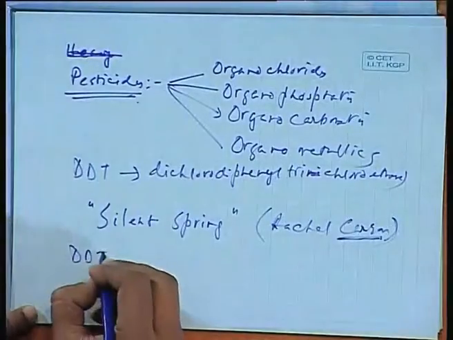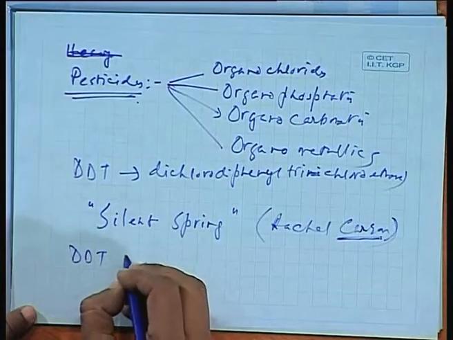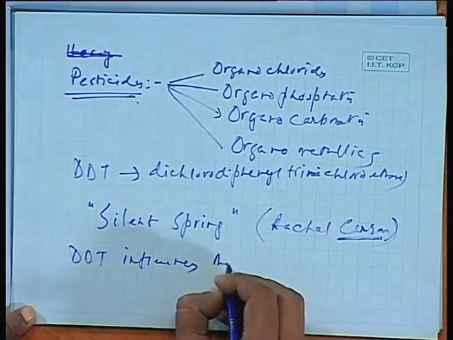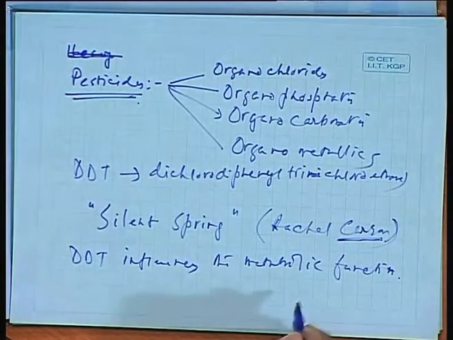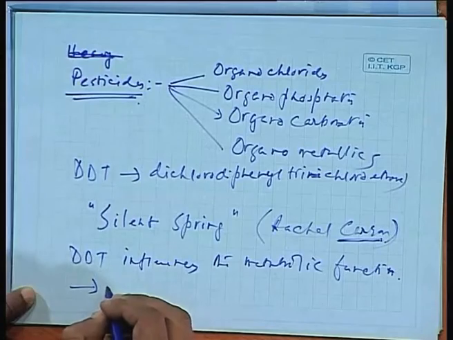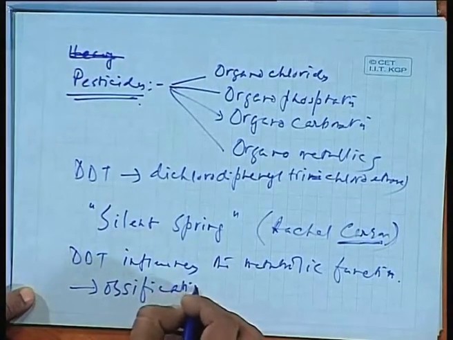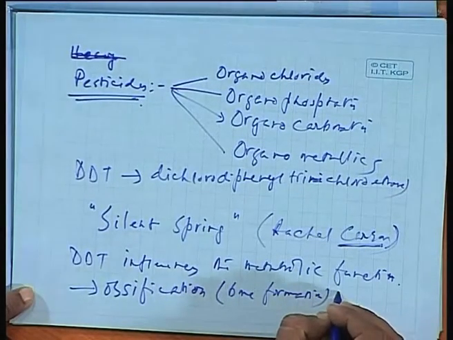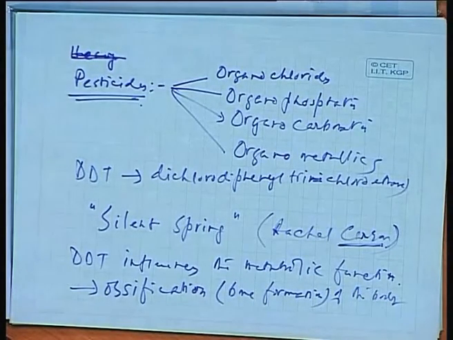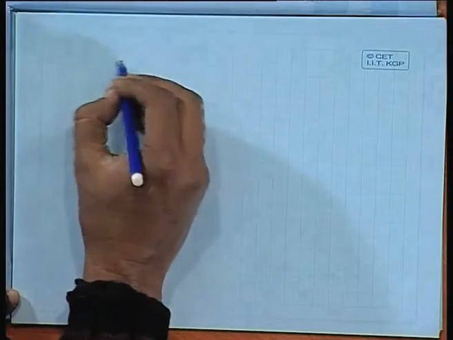DDT is not known as a toxin, as I have said, but DDT influences the metabolic function. It also influences the ossification of the body, or bone formation, though it would not be generally observable. But you can see the direct effect of DDT or similar pesticides is a reduction in